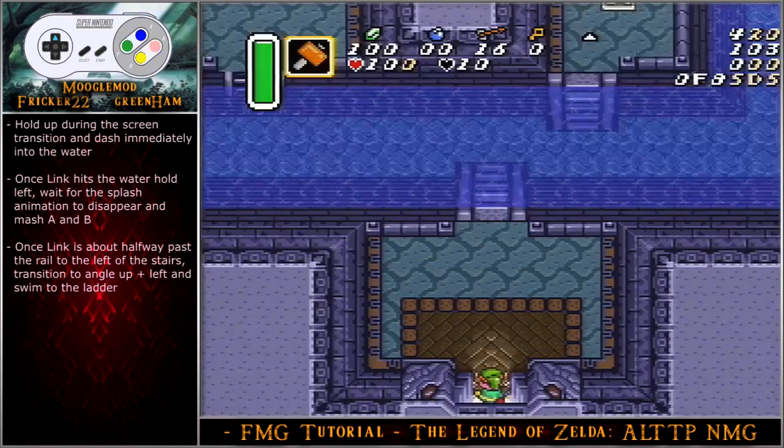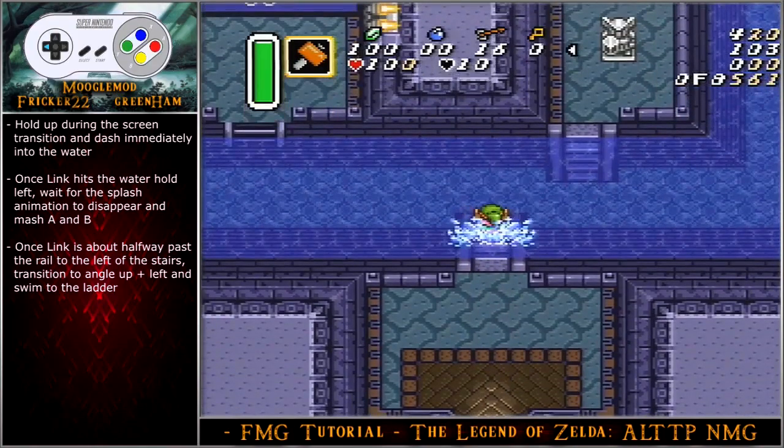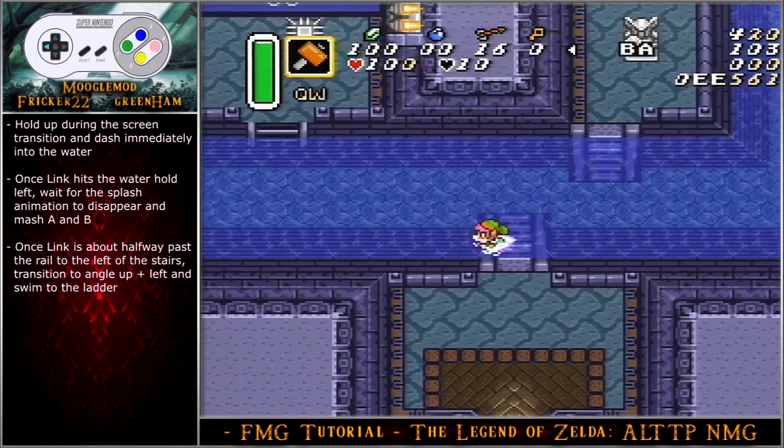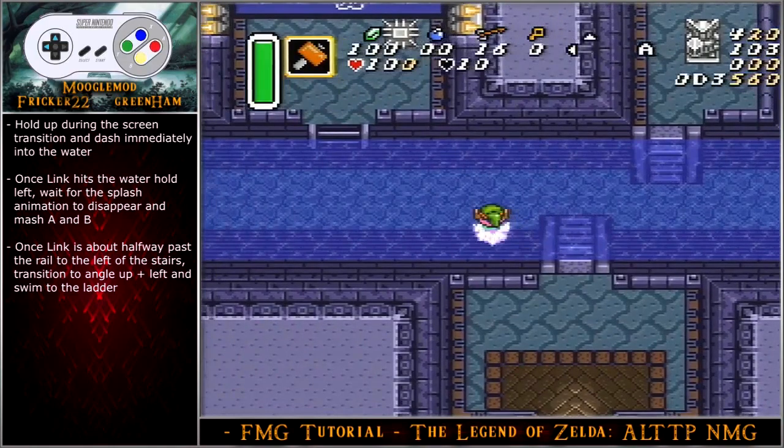Hold up during the screen transition and dash immediately into the water. Once Link hits the water, hold left. Wait for the splash animation to disappear and then mash A and B. Once Link is about halfway past the rail to the left of the stairs, transition to angle up left and